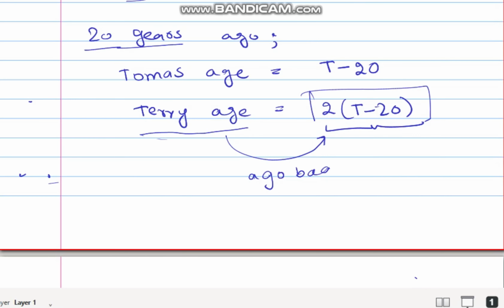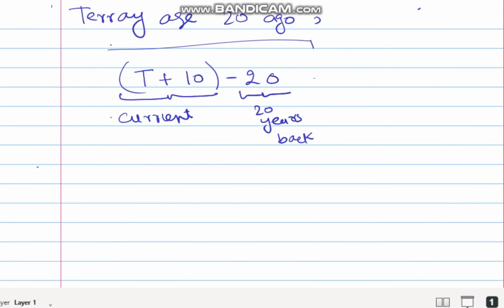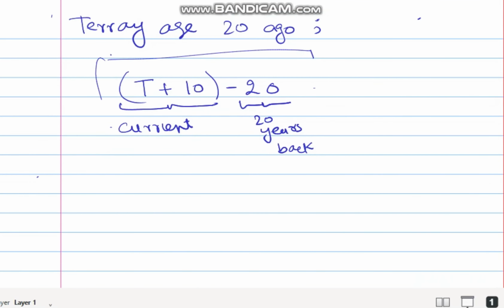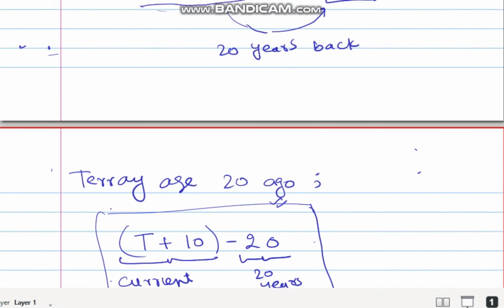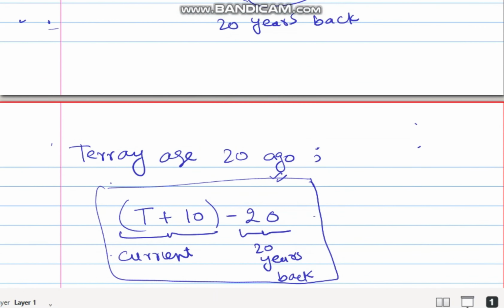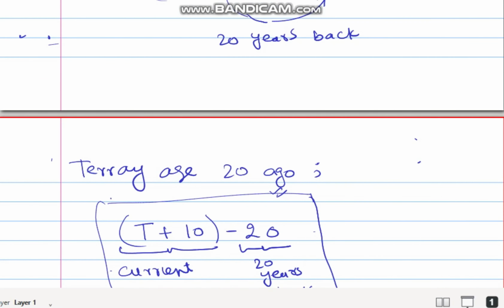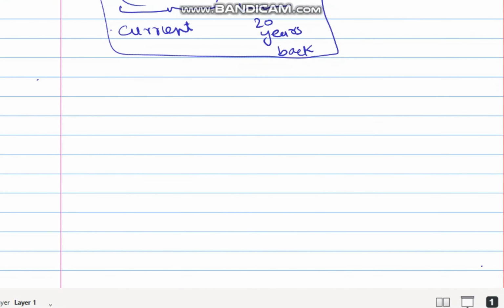Okay, let me write here 20 years back. So this is also the same thing. And what we do in equations is we just compare these two. If the two things are the same, we use an equation to show them. Basically, this is the main definition of the equation: if two things are equal,